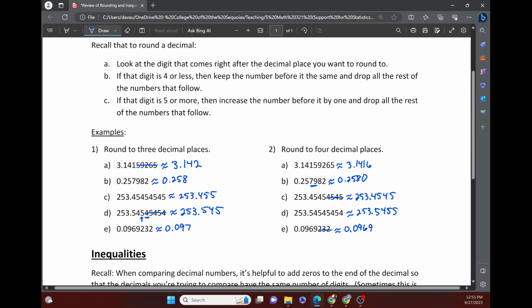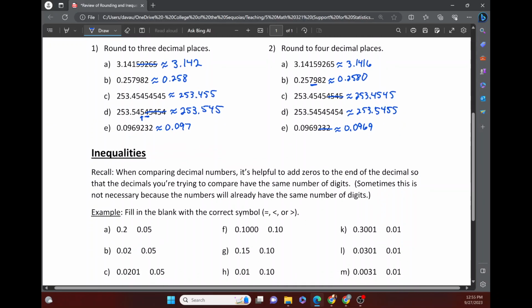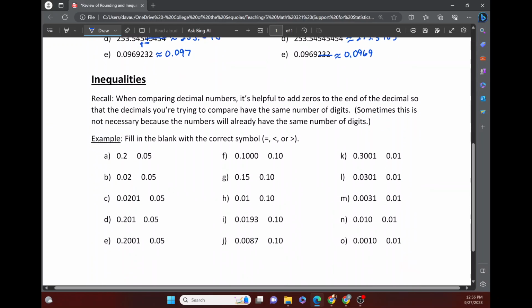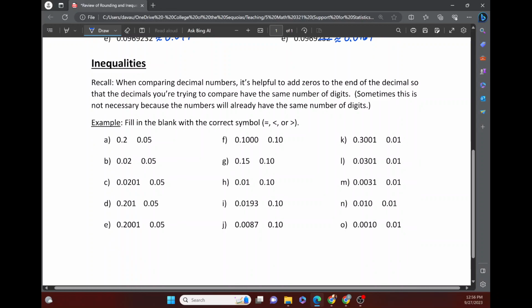Once we have rounded our p-value to the appropriate number of decimal places, most of the time we'll round it to 4 decimal places, then we'll need to compare that p-value to the appropriate level of significance, which will usually be 0.05 or 0.10 or 0.01. So just as a reminder, when you're making these comparisons, if you have a hard time doing this, my